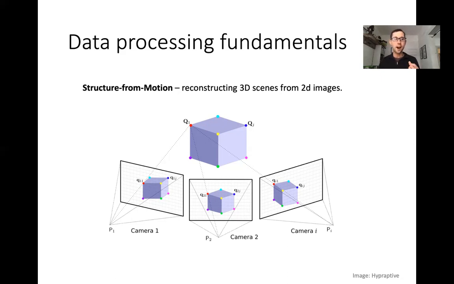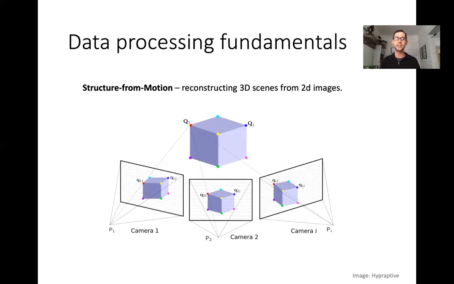Q1 appears in multiple images of that object. And if we can come up with an algorithm that efficiently identifies Q1 in all those different images, and we know where the positions of the cameras were, then we can triangulate the position of Q1, QJ, and the other tie points in this image. And if we have enough of those common locations, then we can reconstruct the full 3D geometry of the scene